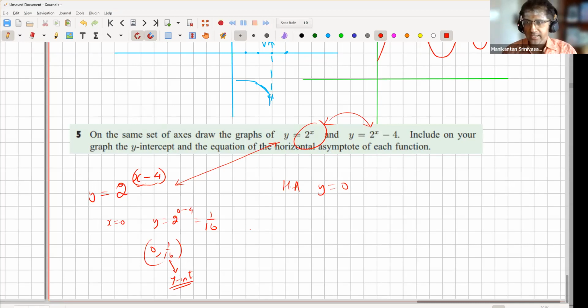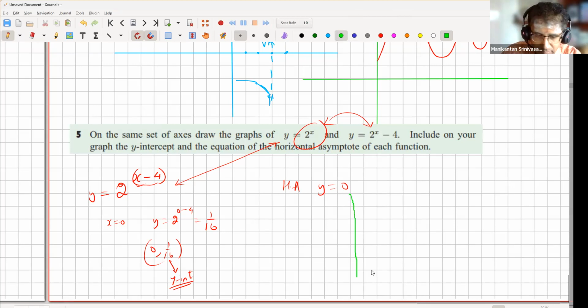What about the new function I said? 2 power x minus 4. You shifted to the right. Excellent. Yeah, it's shifting to the right by 4. Okay, we'll come to that in detail. If you have not done that, it's fine. But if you know that, that's great, right? So it's shifting to the right. So unfortunately, it's not obvious, right? When I have minus,